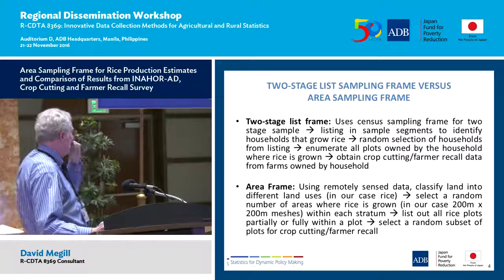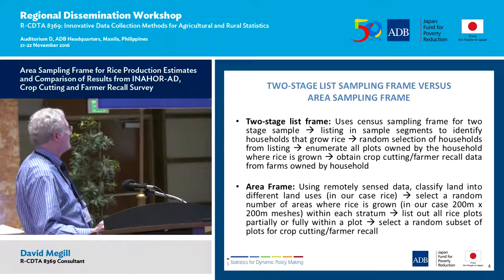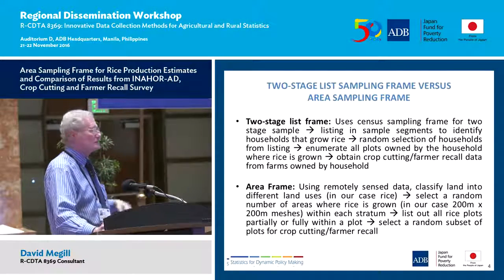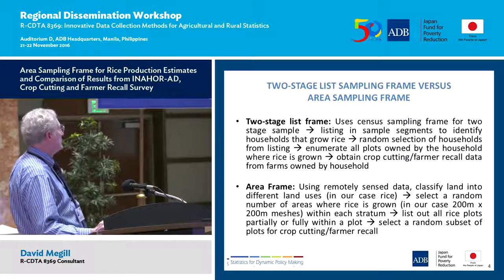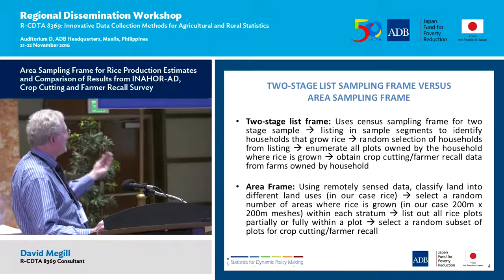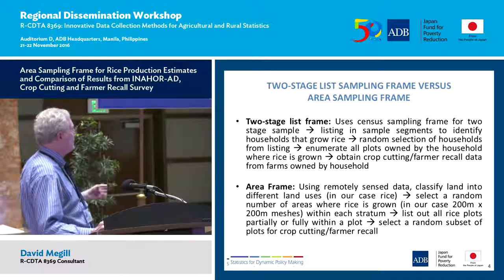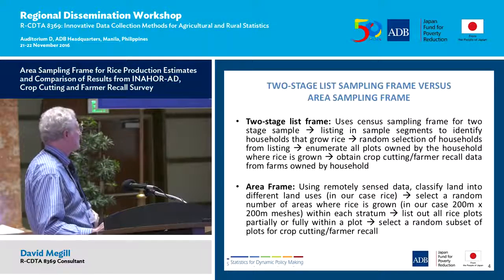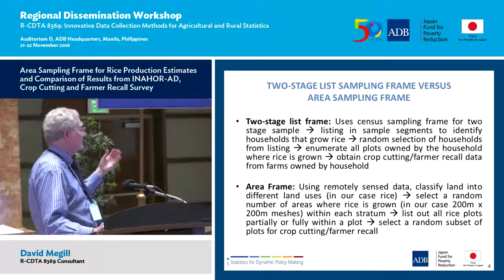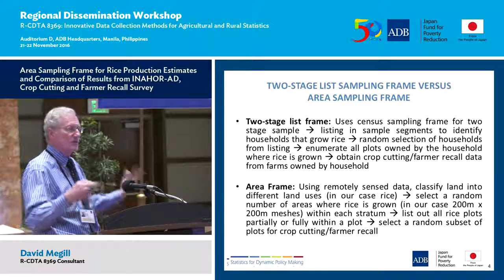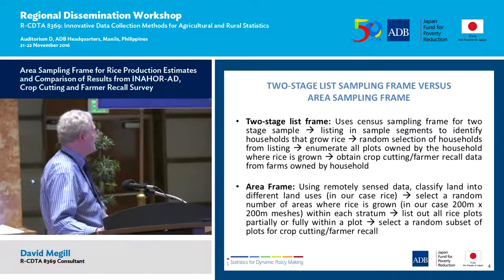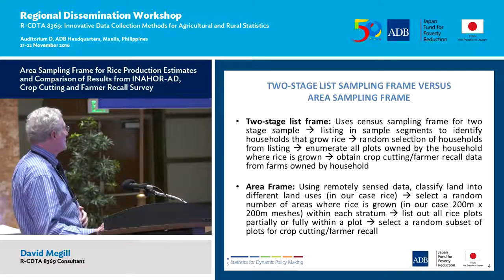And then you go to the household and ask about the plots owned by the households, in this case where rice is grown. And then you obtain either crop cutting or farmer recall data. In our case, we did both. And that data is then used, based on statistical methods for weighting, for expanding the data, and coming up with